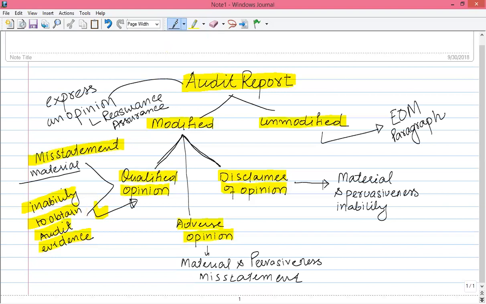And for example, if the matter is severe enough that it's beyond the concept of materiality and there is an element of pervasiveness in that, then the auditor can issue a modified report. But in that case, the report would not be a qualified opinion, rather it would be a disclaimer of opinion if the reason is inability to obtain sufficient audit evidence, and the nature of inability is pervasiveness, that the financial statement contains many areas about which the auditor does not have